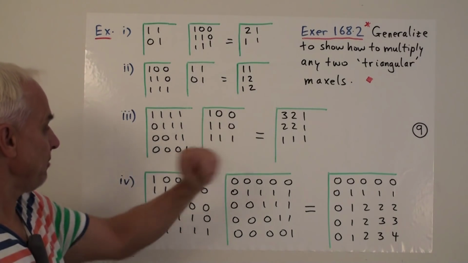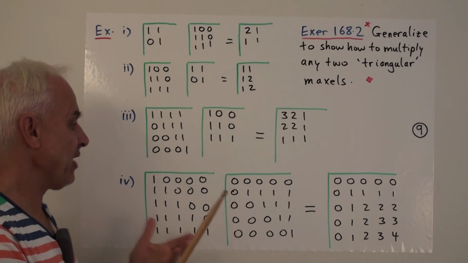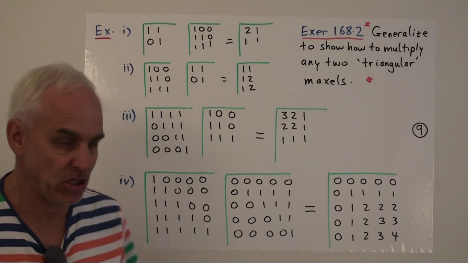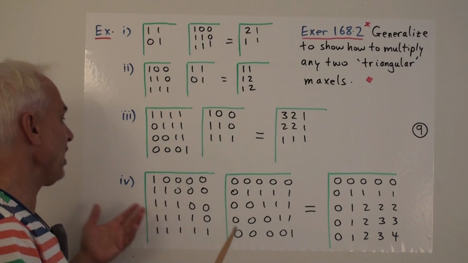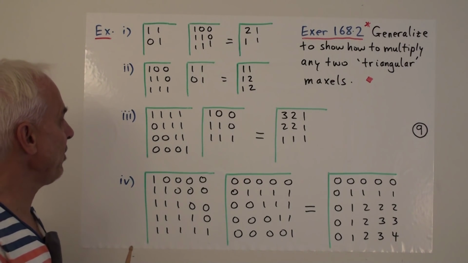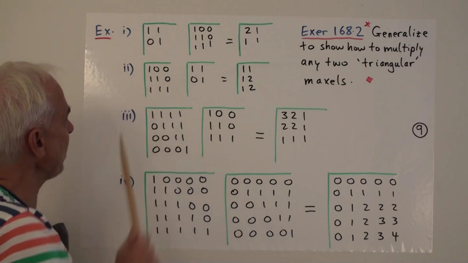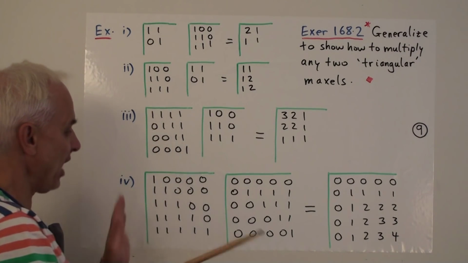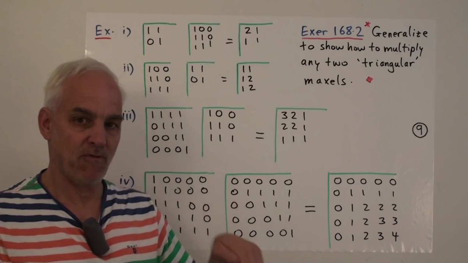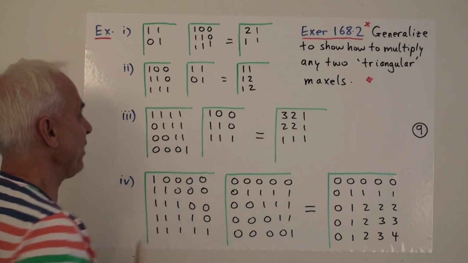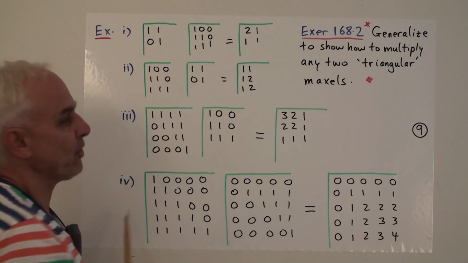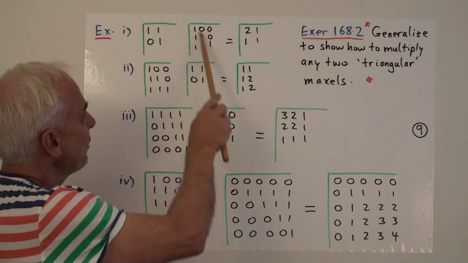And here's a bunch of examples of another kind of maxil multiplication involving objects which are sort of triangular in shape. So these are maxils that are also relatively simple. They all have uniform multiplicities. That's relatively simple. But we're considering things that have a sort of triangular aspect. So two of the sides are vertical and horizontal, and the other one is sort of sloping down at a slope of 1, parallel to our diagonal. And here, 1, 1, 1, 0, that's an upper triangular kind of thing. Here's a sort of a lower triangular maxil.